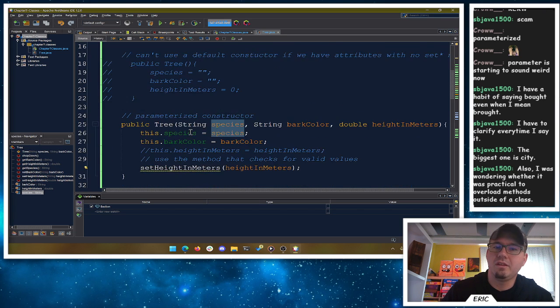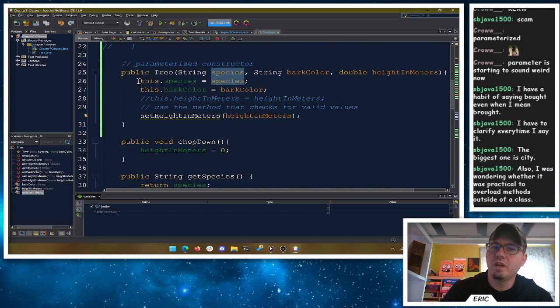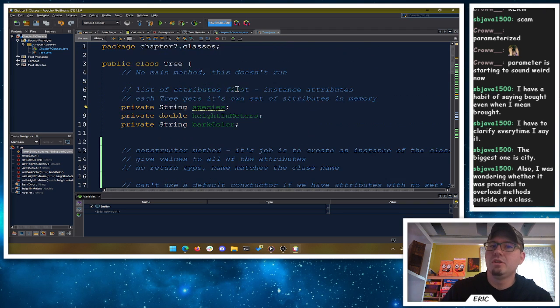So it's telling us, hey, we noticed species only ever get set once here. Do you want to make it final to keep yourself from changing it again by accident? Sure, we could. Again, I'm not too particular about doing these sorts of things, but it's a good habit. If you're only ever setting it once, mark it as final so it can't be changed. That's a fine thing to do. We're not going to bother too much with that, but it's an option there if you want.